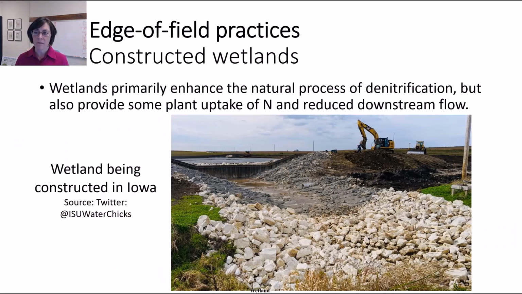The mode of action, or the mechanism for how wetlands clean nitrate from water, is primarily via the process of denitrification. There's also a little bit of plant uptake of the nitrogen and the water, and a little infiltration of the water out of the wetland, which reduces flow volume. But in general, with wetlands, we're talking about a nitrate concentration reduction in the wetland due to the process of denitrification. And you'll remember that concentration and flow volume give us load. So we're looking for a concentration reduction, primarily leading to our load reduction of nitrogen with a wetland.